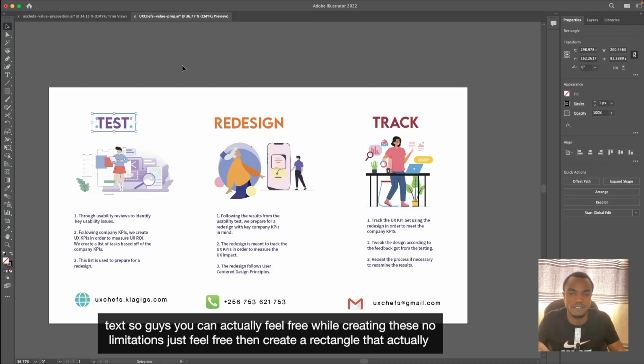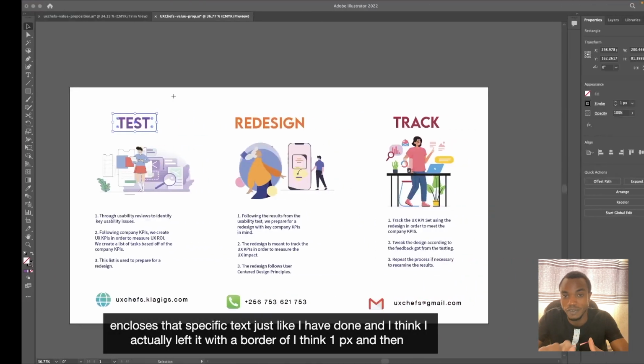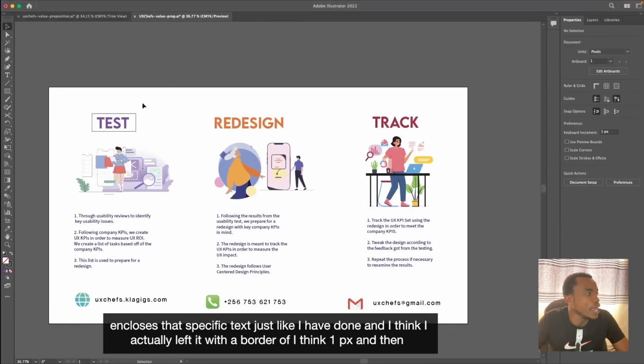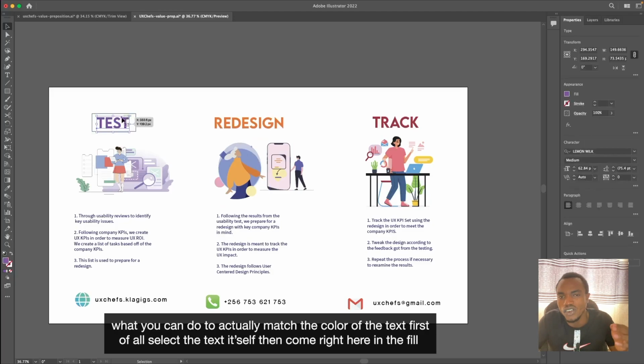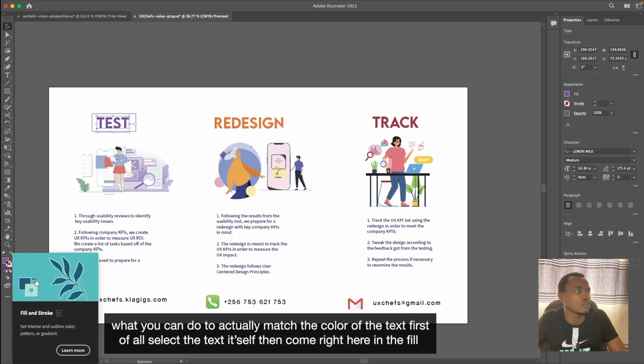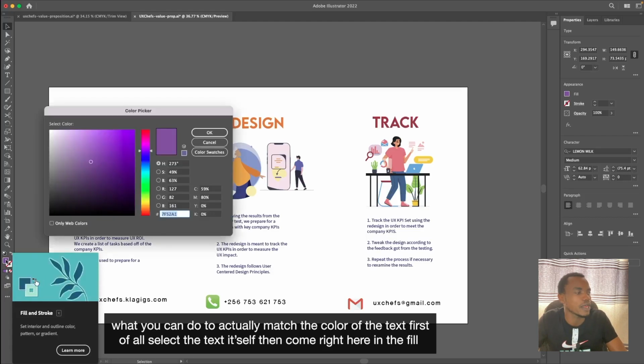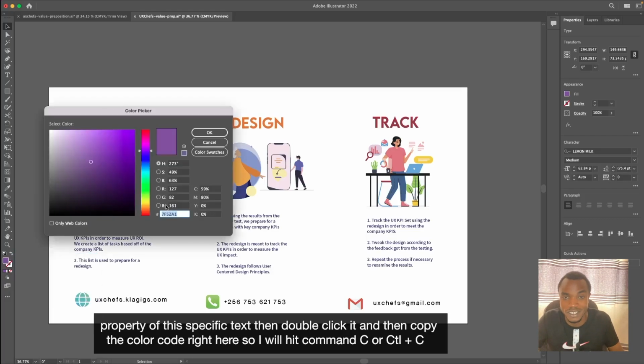No limitations. Just feel free then create a rectangle that actually encloses that specific text, just like I've done. Then I actually left it with a border of I think 1 pixel, and then what you can do is match the color of the text. First of all, select the text itself, then come right here in the fill property of this specific text, then double click it, and then